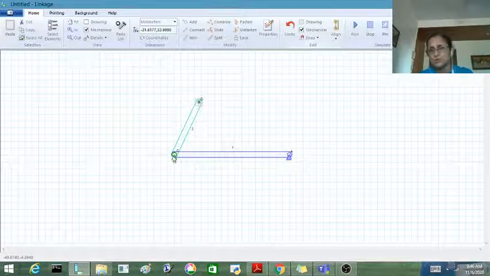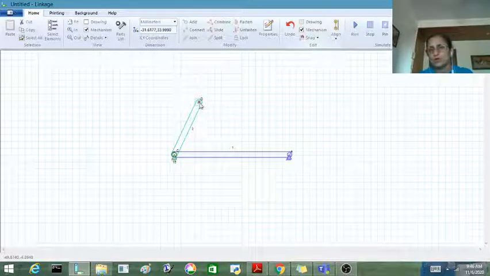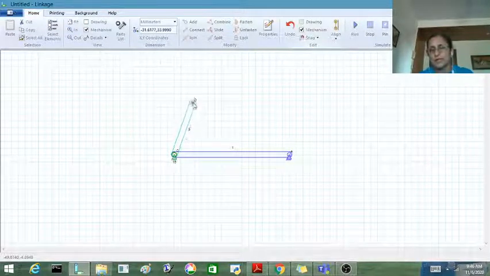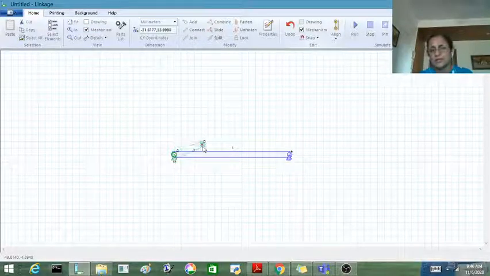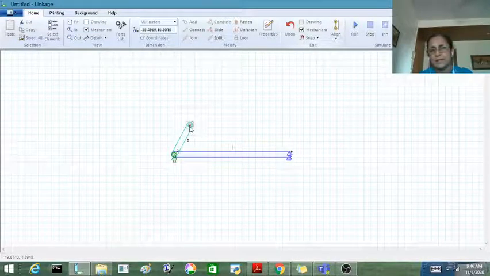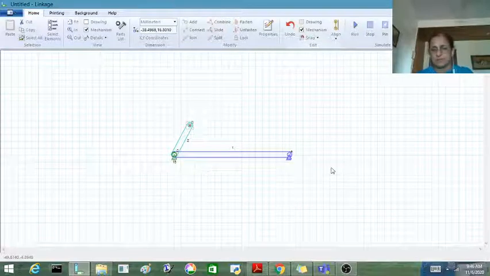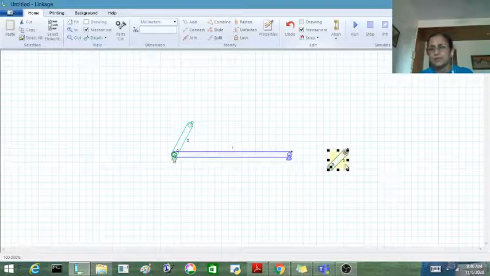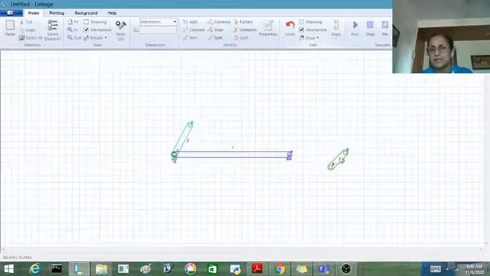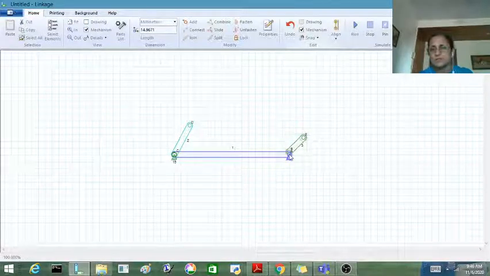This point is loose, but C point is not loose, D point is loose. So again I can increase or reduce the length, I can rotate, but only D point, C point is now fixed. Now on similar lines I am going to join. I am going to just repeat the steps. You observe the steps.